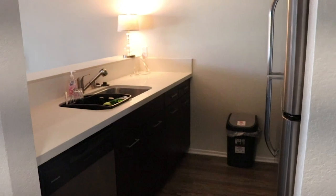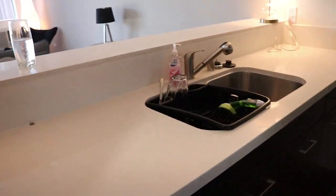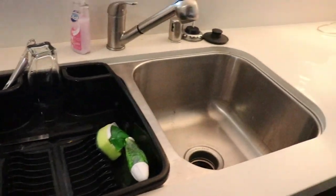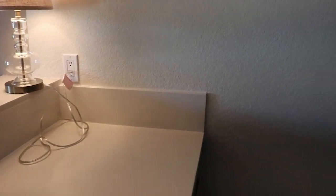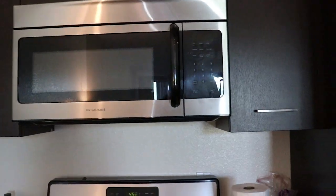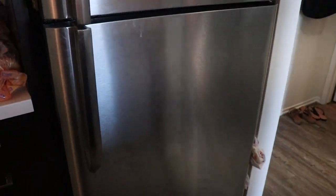So over here we have the kitchen. It's a full kitchen with a dishwasher and double sinks. So I use one side for my dishes and then one side just obviously washing hands. I have a cute little lamp up here. Trash, gas stove, gas oven, and then my microwave, and the stainless steel